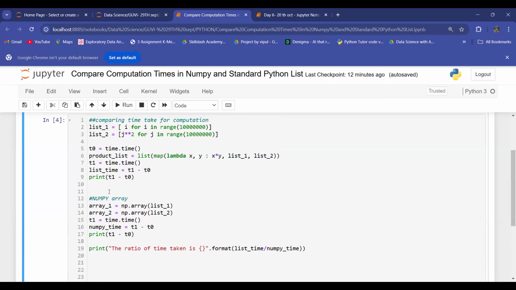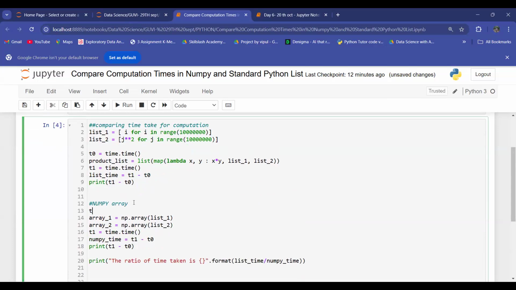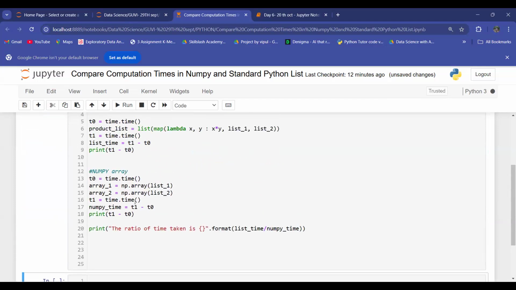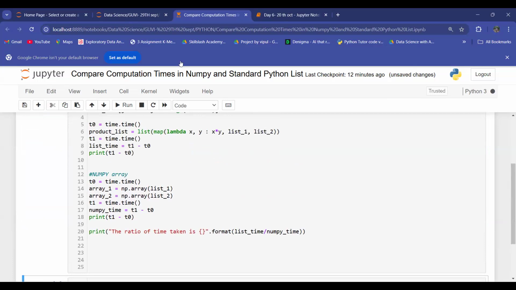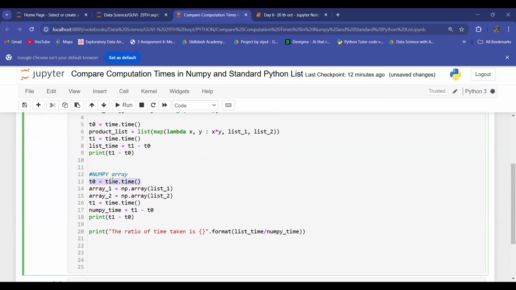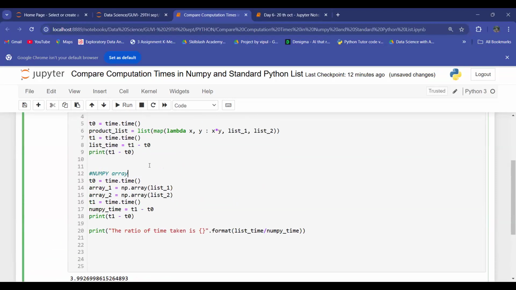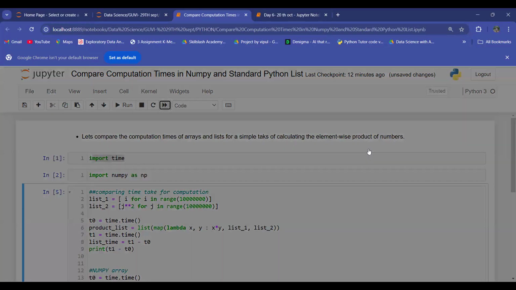So if you're calling it again after t0, then t1 minus t0, obviously t1 will have the time elapsed for both the previous listing and the current thing. You're talking about which line number? You just added the new thing. That's the right one. Now it should work fine, I guess. Yeah, this was missing. And if I just restart and run all this,